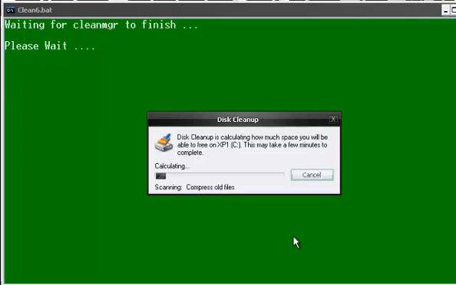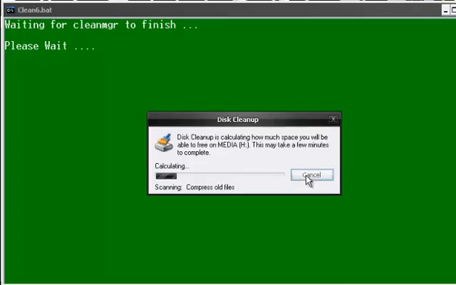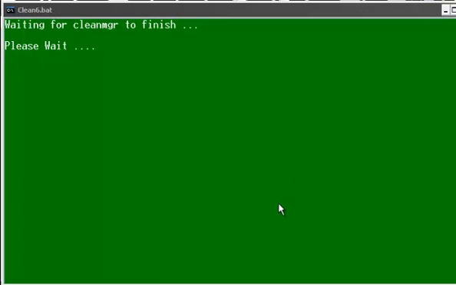And obviously if it's not configured, the first time you run it, a little box pops up and you have to select all the boxes for temporary internet files, temporary installation files, and so on. There's a whole bunch of check boxes to select, and you click OK once you've done that, and then the cleaning continues. Now I'm going to cancel this because this can take a long time as well, and I've got a lot of hard drives, so I'm going to click cancel about half a dozen times, whereas you've only got one drive, so you'll have to click cancel once, right? So anyway, now it'll go on to the next